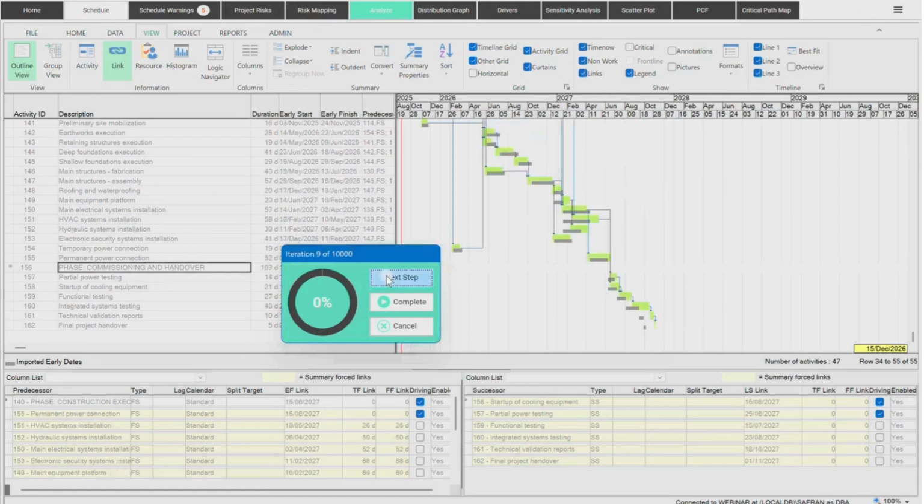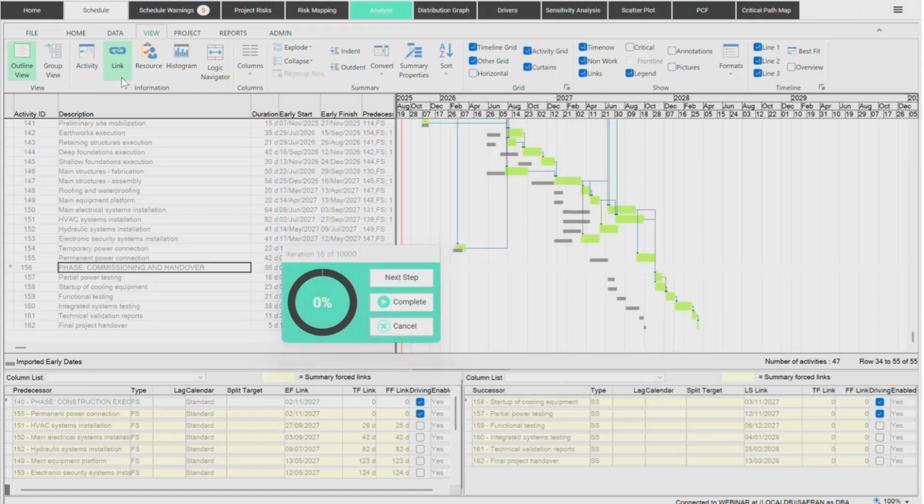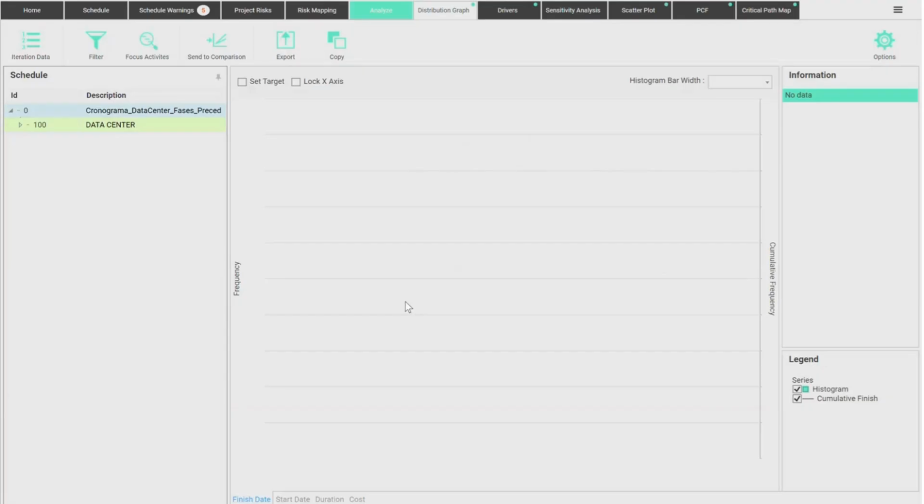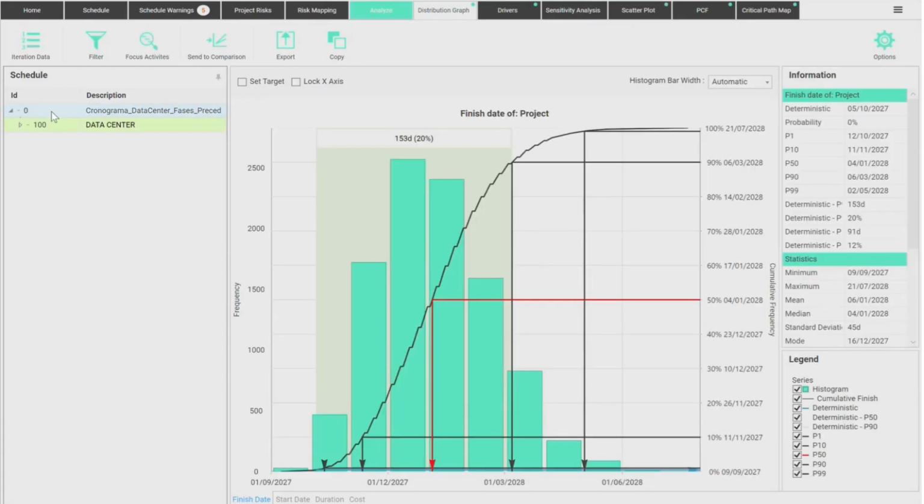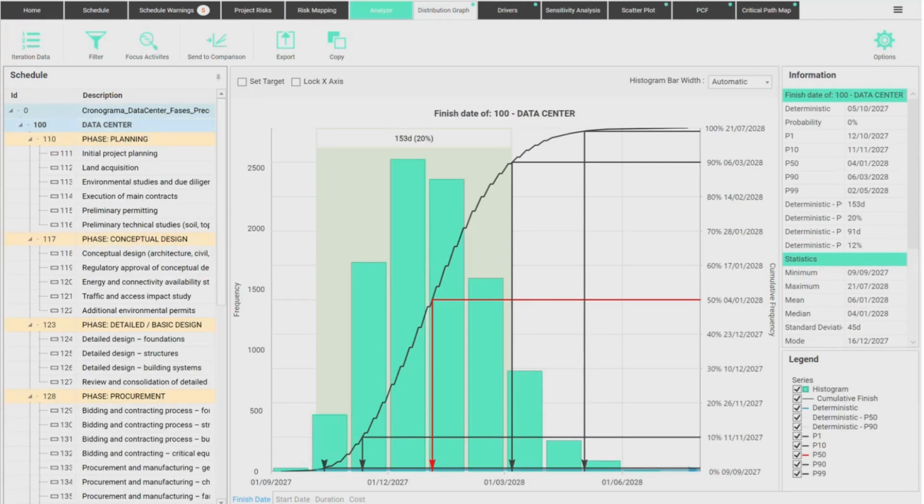So you can see the project running here. You can see that for duration, for cost, whatever you're looking at, you could check this. I'll just complete the thing real quick. As you can see, the software is pretty fast. And then here we have the results. So this is the finish date for my full project, the delivery date of the last milestone, the last task of the project. The deterministic idea was to finish it by October 5th.